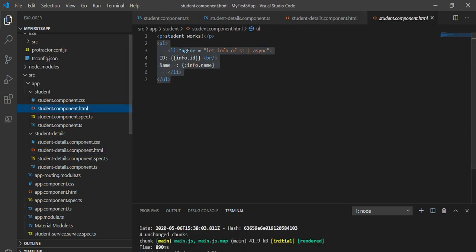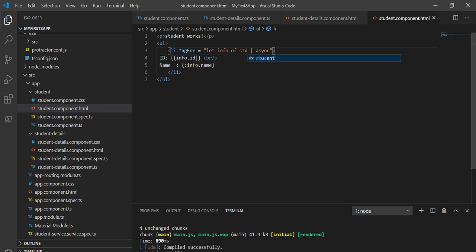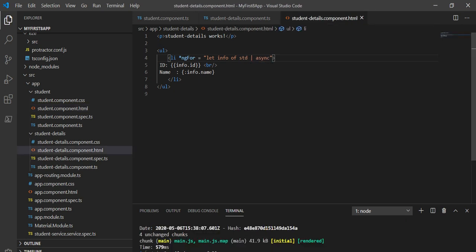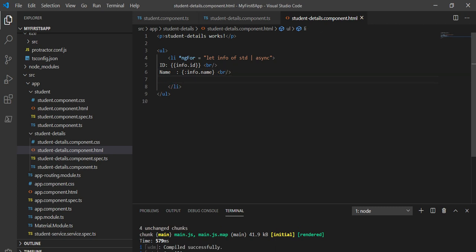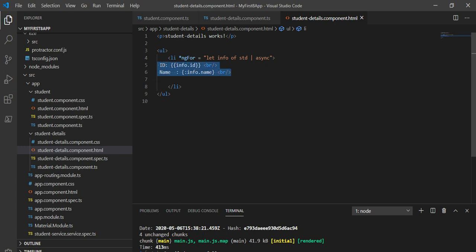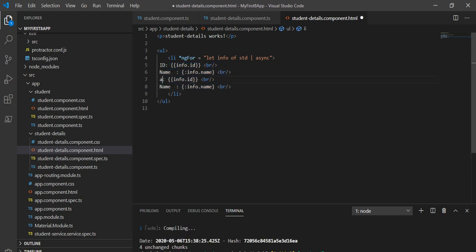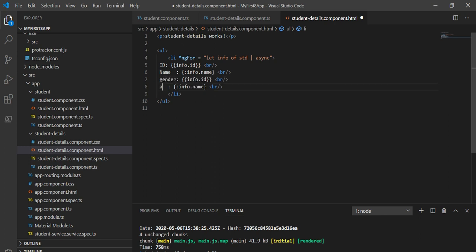Let's change it there also, so it will not give any problem. And now here I am taking as of now id, name, and I will take the other properties which we have defined here also. So I'll copy this and paste it here. Here we will have gender, age. So those are the changes we have done.